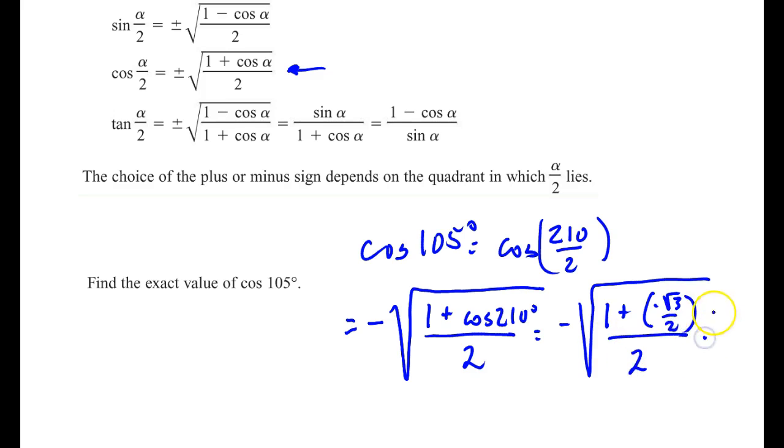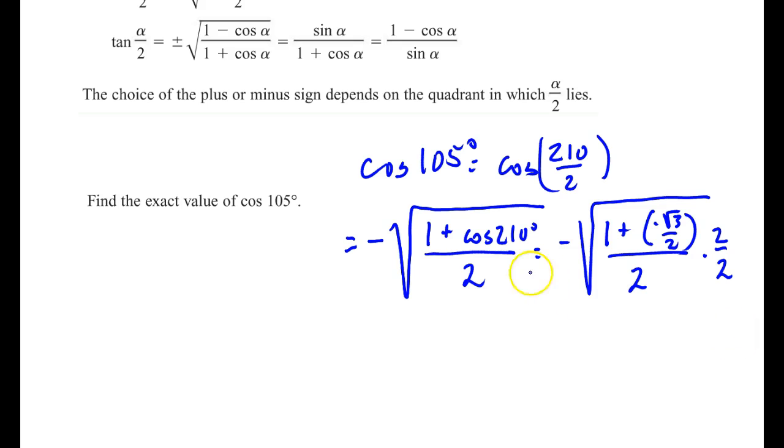And I'm going to multiply the top and bottom of that fraction by 2 just to clear out that little 2 right there. So that's going to give me negative square root of 2 minus root 3 all over 4,